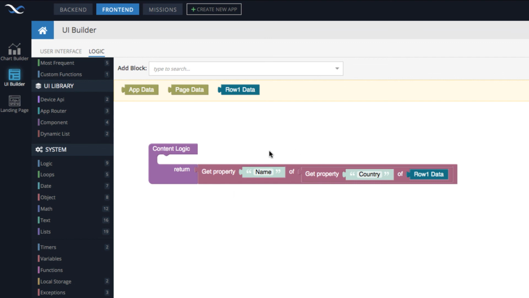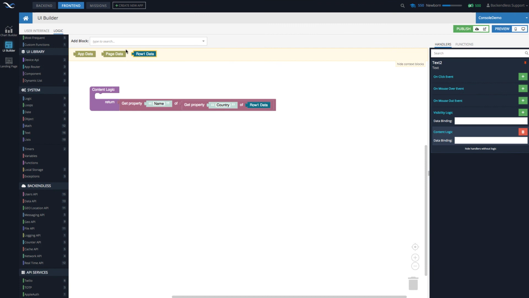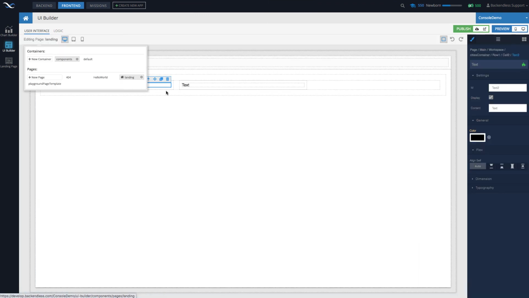I hope this makes sense, because this may not be super straightforward, or may be straightforward, but it is important to understand that row 1 data in our case represents the city object, and then we retrieve the country related object from that city, and then from that country object we get the name. And that's how the content logic for our country label will be resolved.